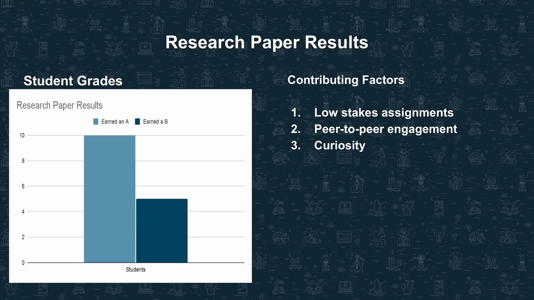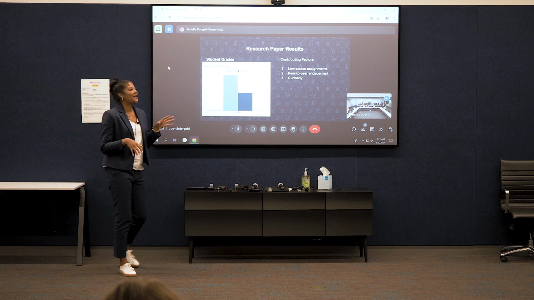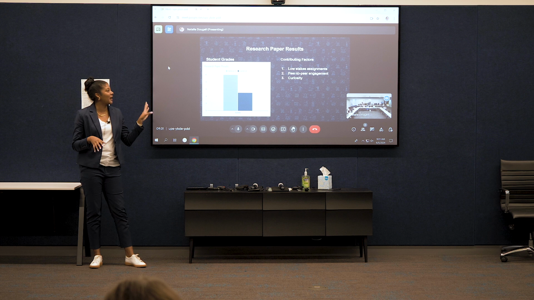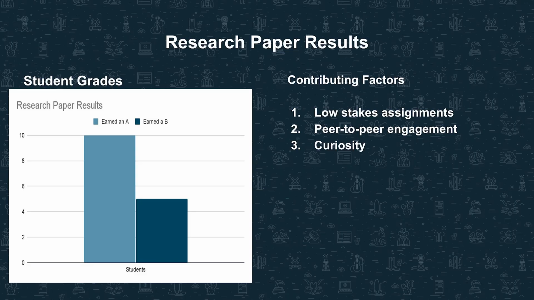The research paper results. So there were 17 students in the class, but only 15 completed the essays. 10 students earned an A and 5 earned a B. I did not have any students below a B for the research paper, and I was just ecstatic. But I do want to credit these grades to the incorporation of AI tools here and there throughout this research paper unit through low stakes assignments